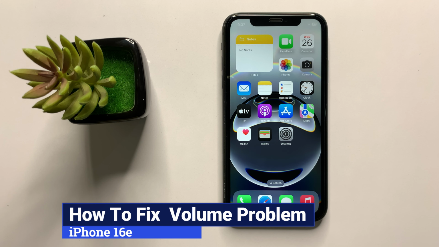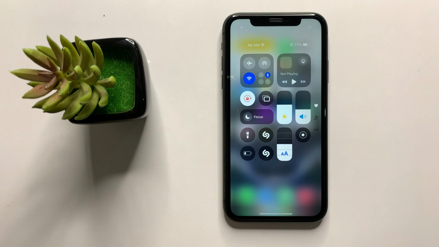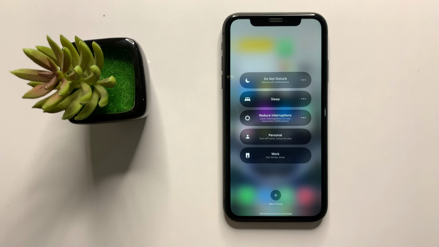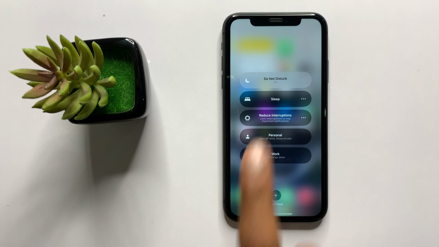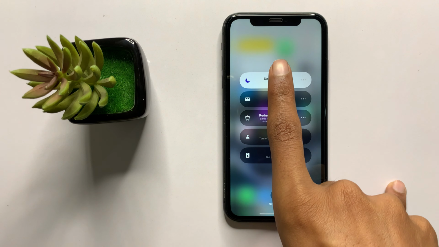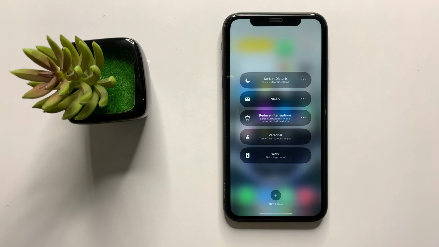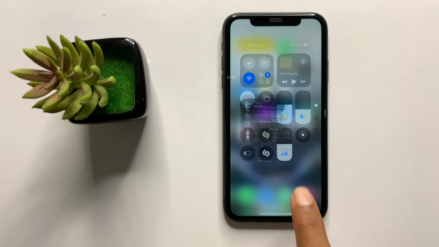if you turn on your silent mode, then turn it off. After turning off your silent mode, swipe down to your control center and click on focus. And if you turn on your do not disturb, then turn it off. After turning off your do not disturb, then go back